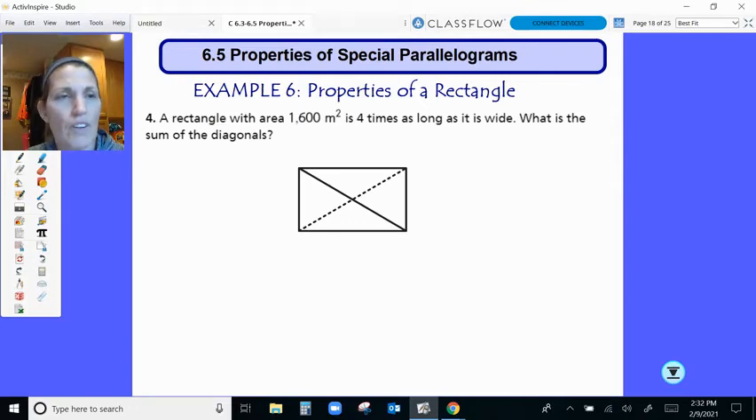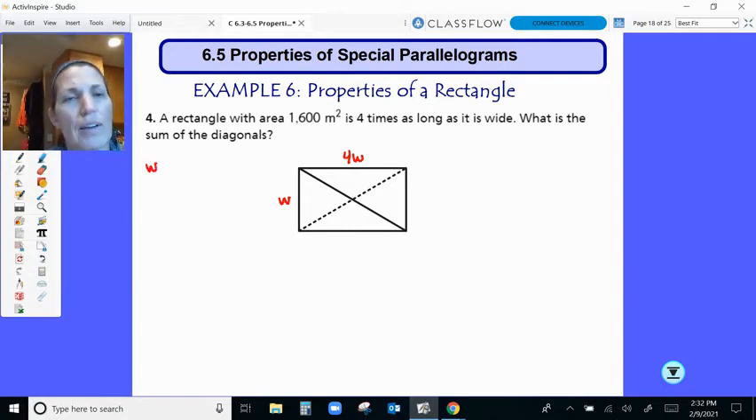So here's a good one that involves area. We have a rectangle that has an area of 1,600 meters. It's 4 times as long as it is wide. So if my width is W, that means my length is going to be 4 times W. So my length times my width, W times 4W, is equal to 1,600 meters squared. That's length times width. So that's going to give me 4W squared